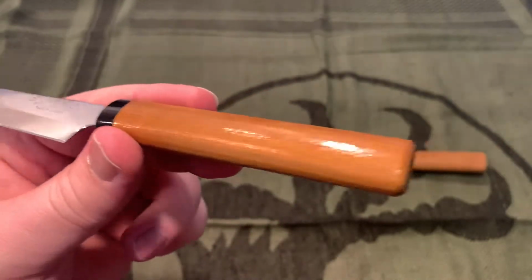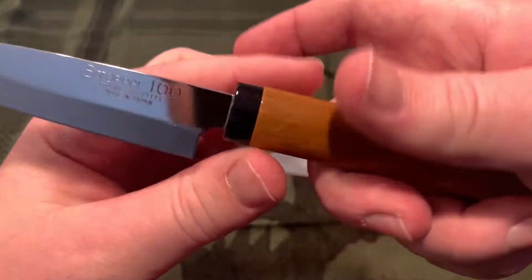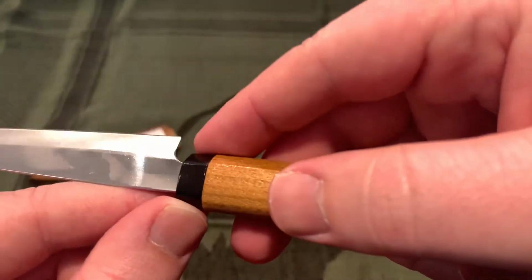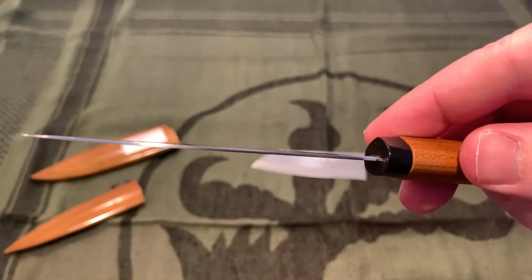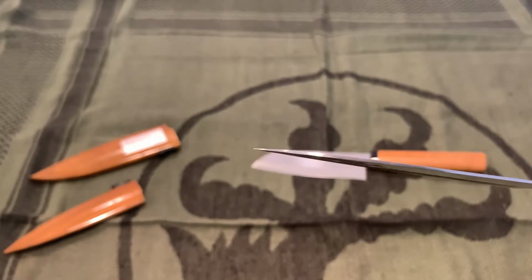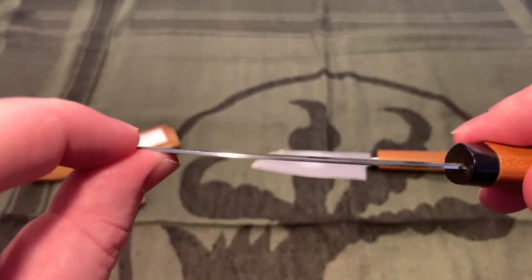There you can see the wooden handle, and I think a plastic little, I don't know what you'd call it, bolster maybe, whatever that tip is. And they are very thin. I didn't get the blade thickness off Blade HQ, but very, very thin blades, which